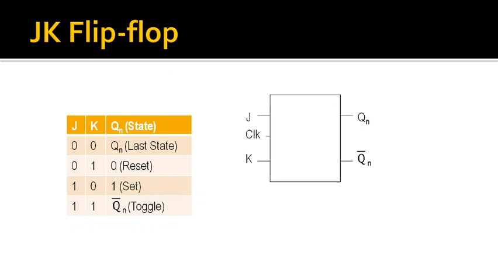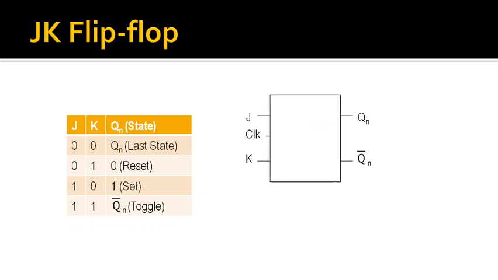This is the truth table and it has four different possibilities of input combinations. So if we provide the first of them to a JK flip-flop, that is both the inputs are 0, it will retain the old value. If it is storing 0 previously in the previous clock cycle, it will have 0 at Qn and 1 at Qn complement. And if it had been storing 1, it will be retaining 1 at Qn.